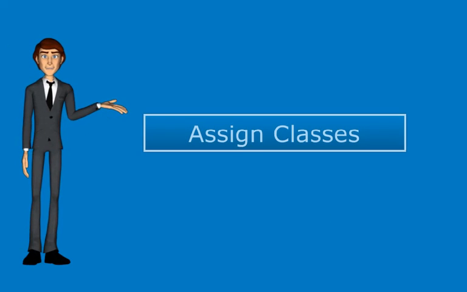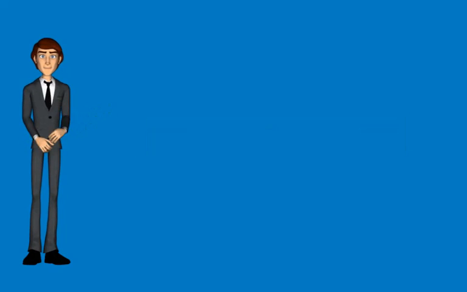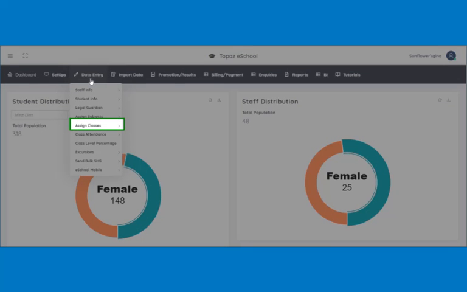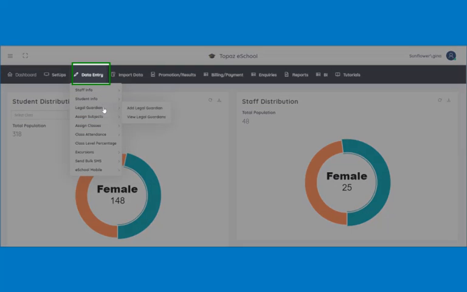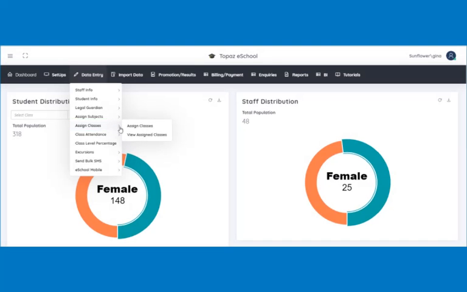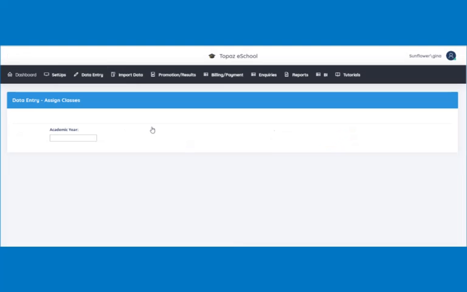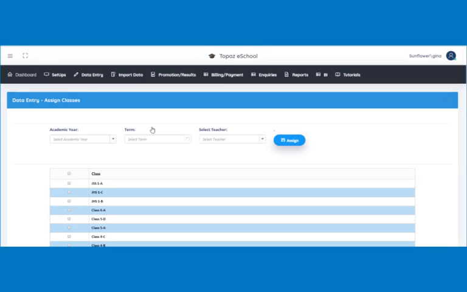The next feature is Assign Classes. The Assign Classes feature is to help assign a class to a specific teacher. To assign a class, click on the Data Entry tab, locate Assign Classes, then click Assign Classes on the side menu. A page opens. Select the academic year, the term,